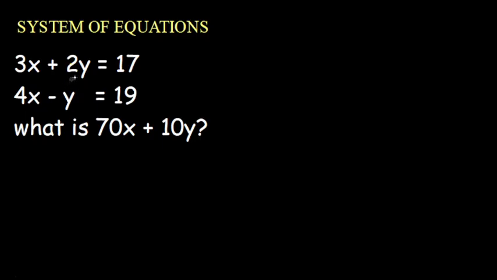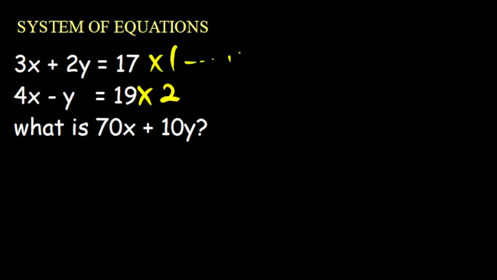We have this question: 3x plus 2y is equal to 17 and 4x minus y is equal to 19. So I would want to use the elimination method to solve this, and I will eliminate y. To do that, I will multiply this coefficient of 1 here by 2, like this. So when we do that,